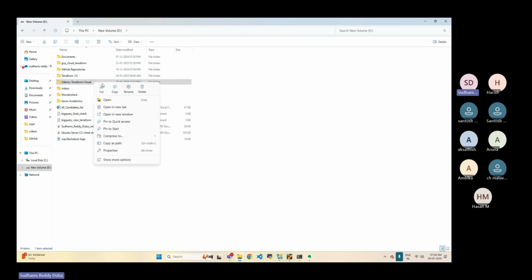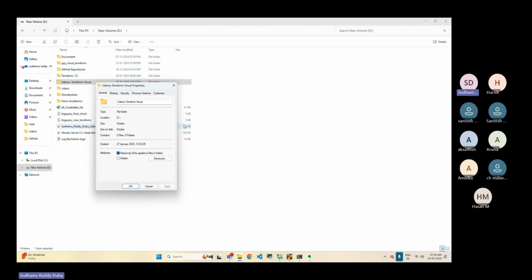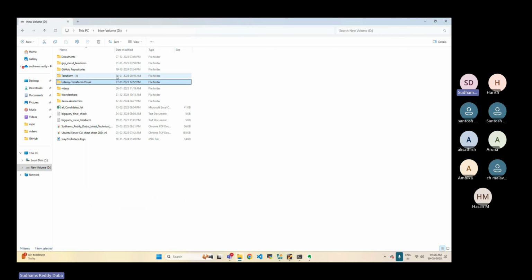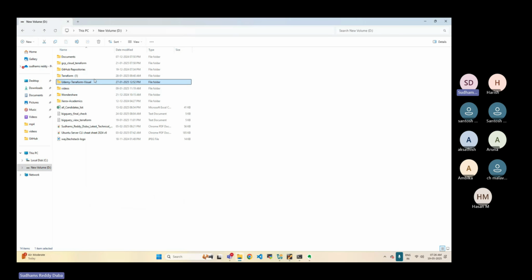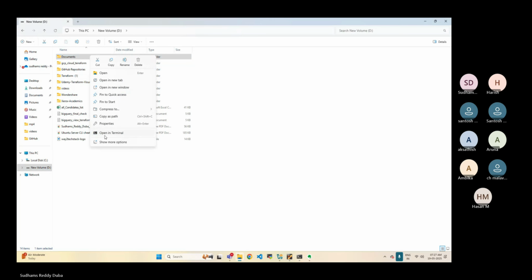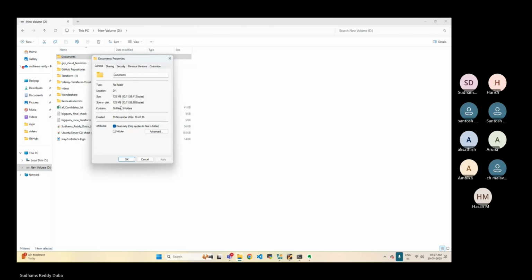If I right click and go to properties, is it showing you anything here? Nothing. For example, I'll just click on a Windows folder. Okay, it doesn't have any such function. So that's a problem. I'll do one thing here. Right click, properties. Here you can see